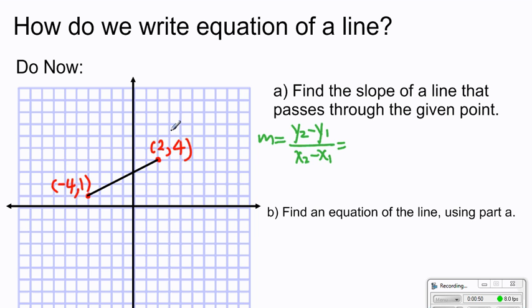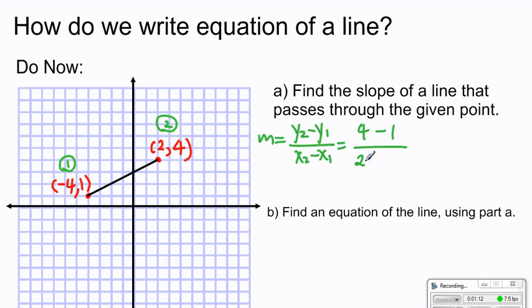Here, if you consider this one as the second point and this one as the first point, it doesn't really matter which one is one, as long as we keep the order the same. So here y2 becomes 4, minus y1 becomes 1,